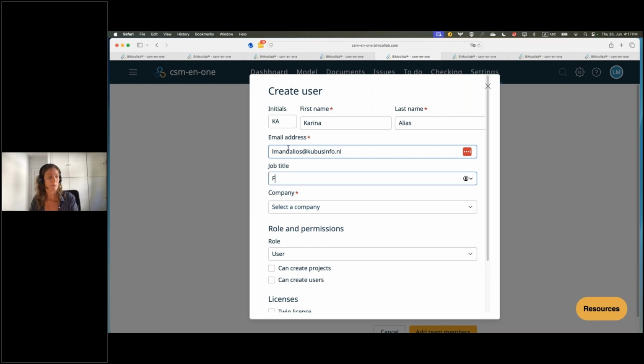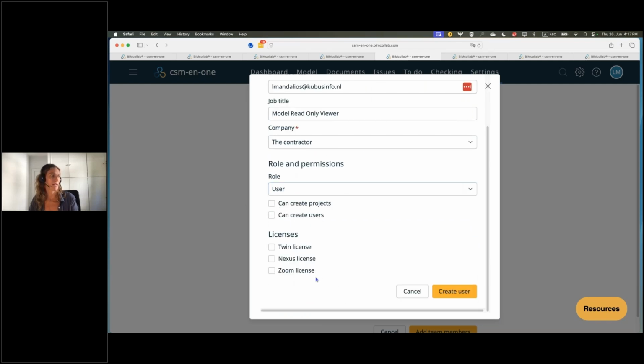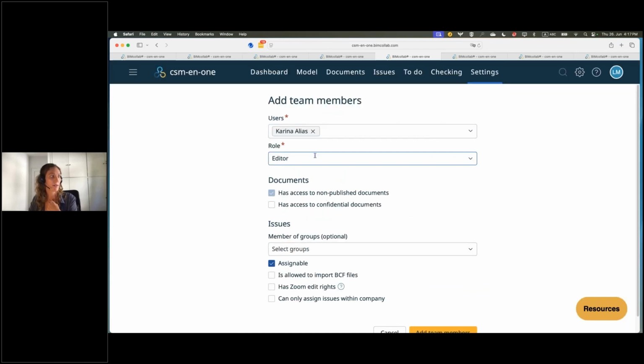I'll call him model read-only viewer. I will select a mandatory company now, and I will just set him as a user. And key here, this free user now will not take away any of your licenses from your subscription. So I'll be able to create a user, set him as a viewer, and here we come to the options,